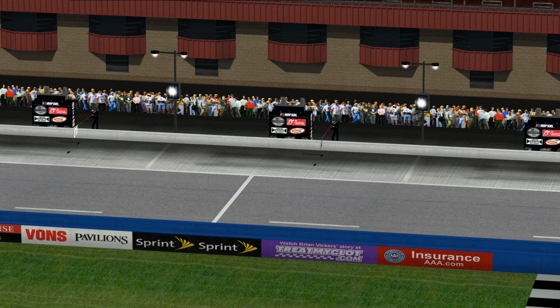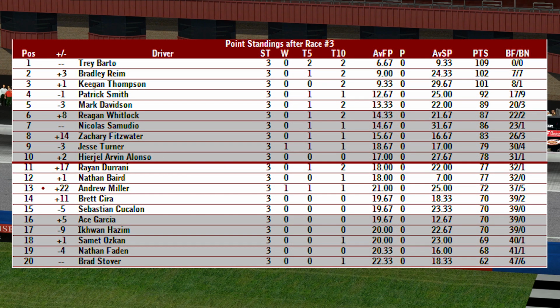It is definitely a great day for a lot of those guys who finished up front, including and especially Andrew Miller in the number 24. He led the most laps, 13 of them. There were a lot of different leaders in this race, and you could tell it was difficult to make a pass, but they were still able to do it, and those who were able to do it were the strongest cars. But the strongest car is still Trey Bartow, still leading in the championship standings, 109 towards the championship for him,